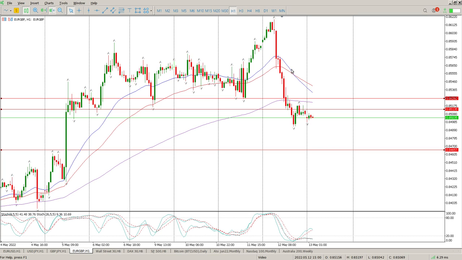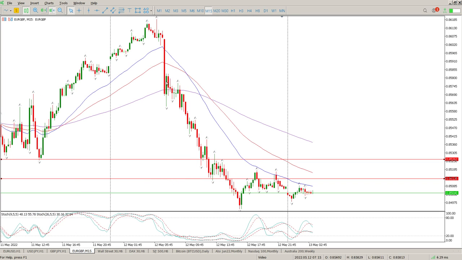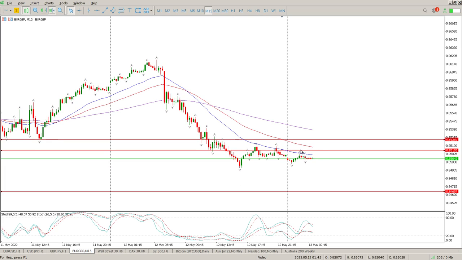But bear in mind, on the hour, we've got a crossover and we're below the 155. So I just want to see a retest of that 155. Now, just come down to the 15-minute, and you'll see there is your cluster of attempted support on the 155 EMA on the 15-minute. That failed, broke to the downside. Now, what you're looking for is a retest of that area. So these two levels are the ones to pay attention to. If this holds 0.85135, or alternatively if 0.85262 holds, then I would still be looking for an opportunity to short this,